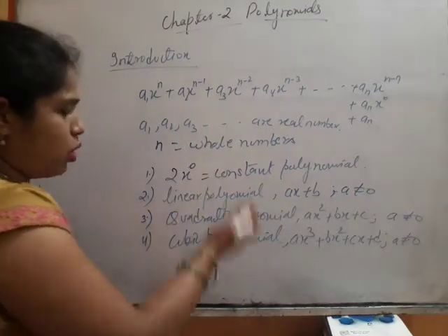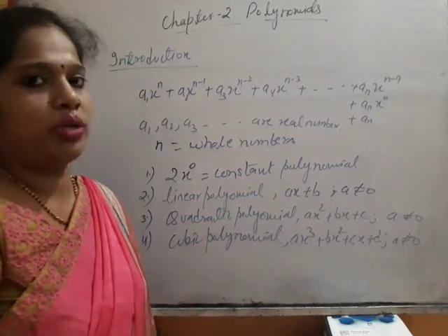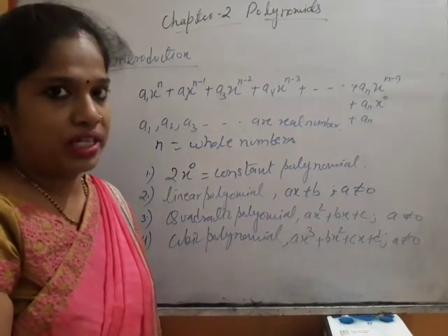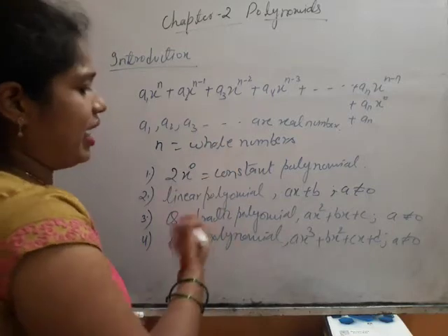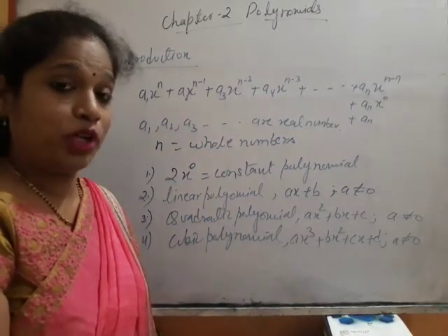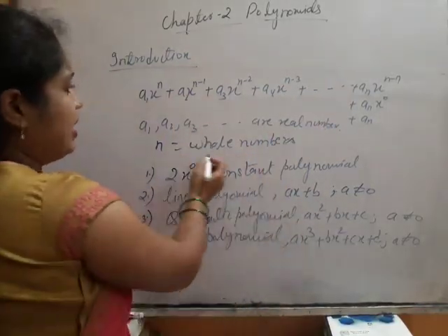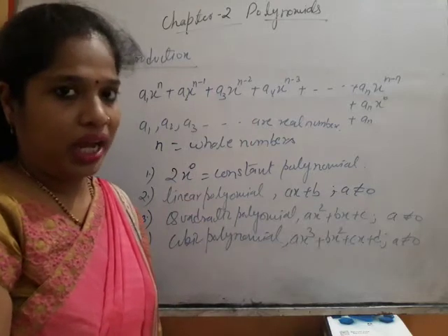So these constant, linear, quadratic and cubic polynomials are the basic polynomials with which we deal in questions of these types, okay. That is why I am discussing up to cubic polynomial. The degree 4 polynomial is also there, degree 5 polynomial is also there. There is no limit to the degrees, as the degree can be any whole number, okay.